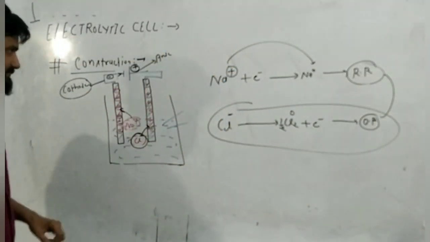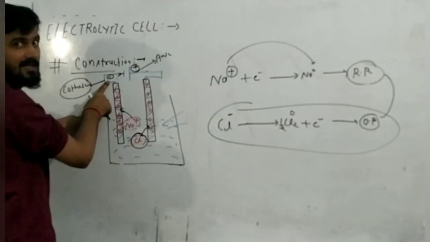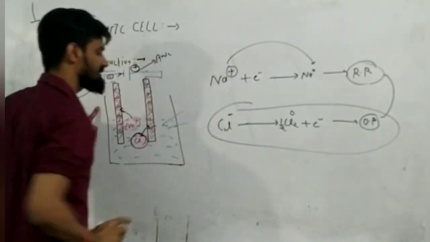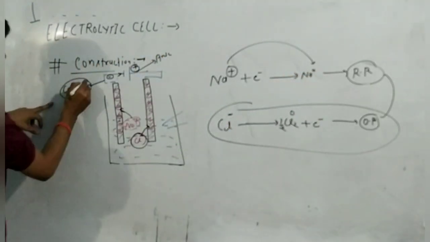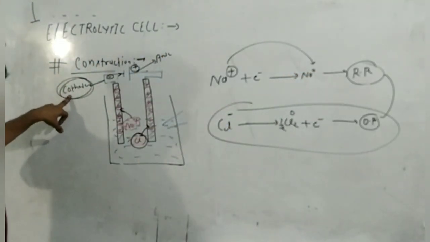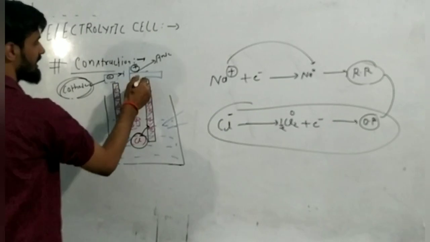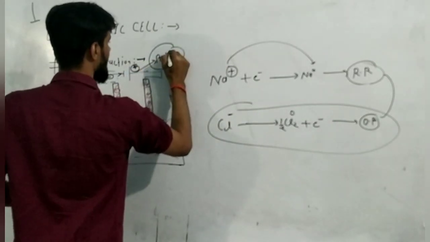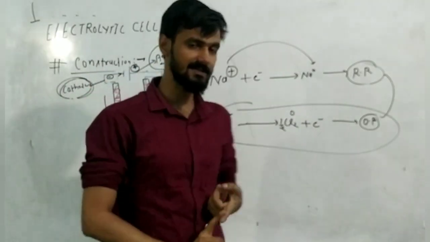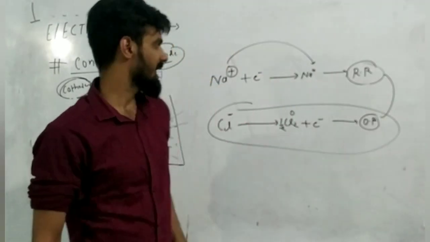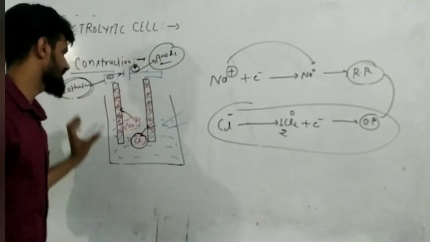Now understand one thing, already I have discussed this is a reduction reaction, and reduction reaction is occurring on the negative plate. If reduction reaction is occurring on any electrode, that electrode will be called the cathode. That's why I have assumed this negative plate will be working as cathode, and here chlorine is getting oxidized into Cl2 chlorine gas, so it is the positive plate, and I have defined it as an anode. So just try to focus on only two things. Whether there is a reduction reaction, then that electrode will be called a cathode, and whether there is an oxidation reaction, then that electrode will be called the anode. These were the basic parts of how the electrolytic cell works.